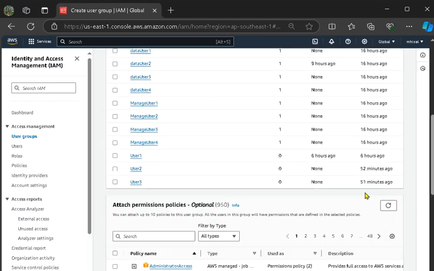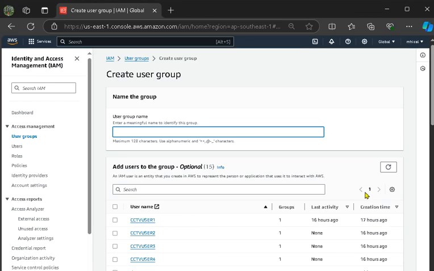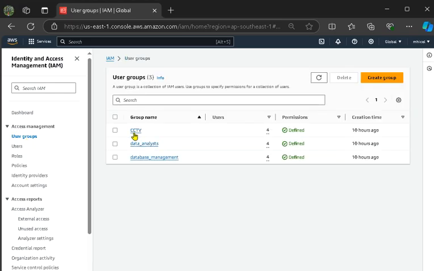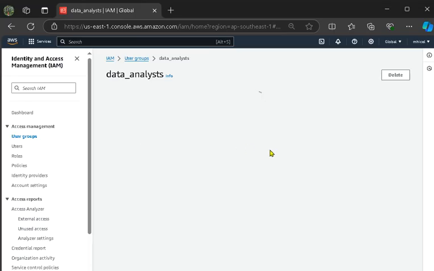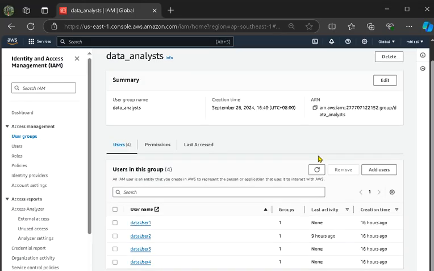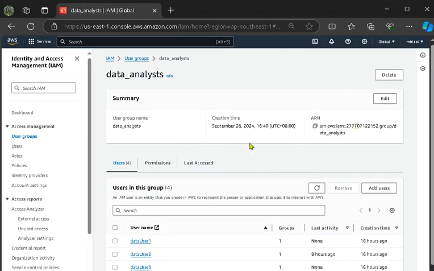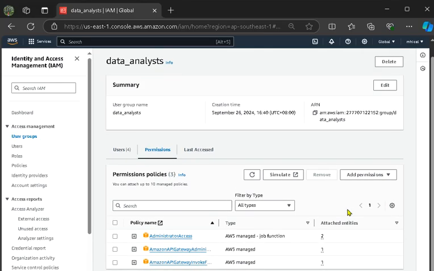You will be creating a group, and as you can see here, I have CCTV, data analyst, and data management. Data analyst, I already created with 3 policies here.